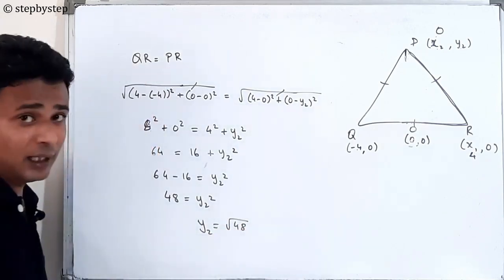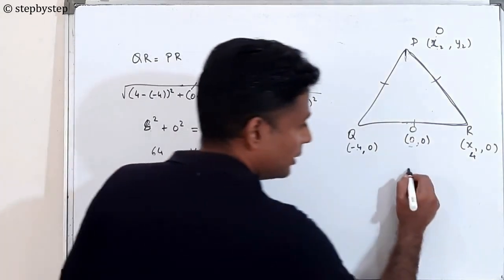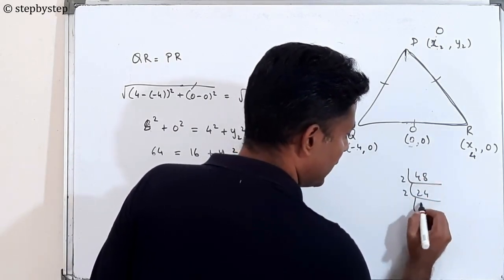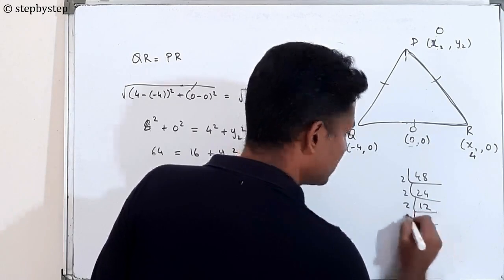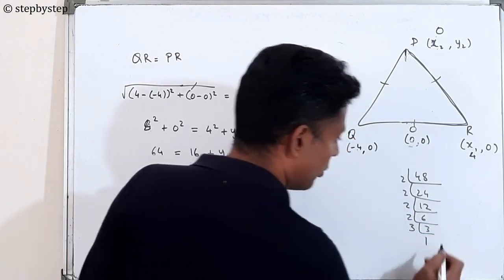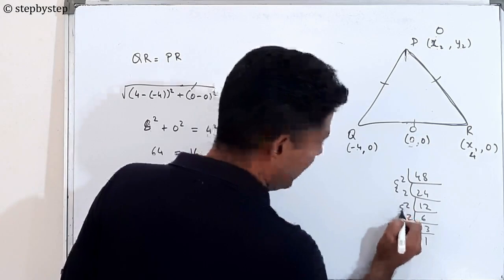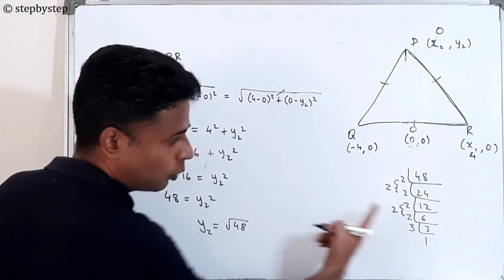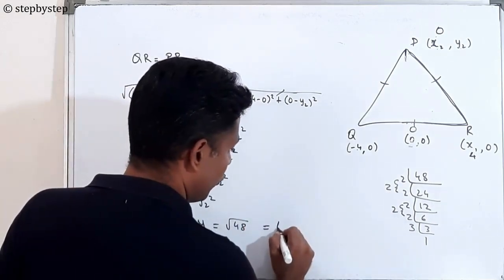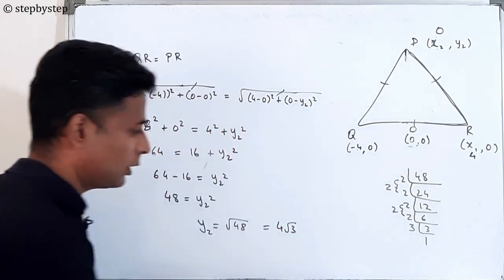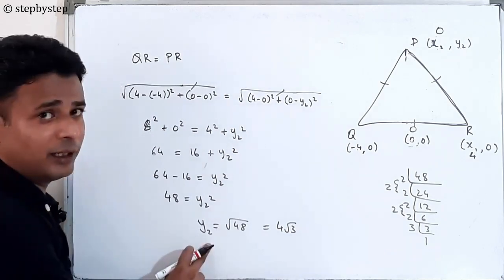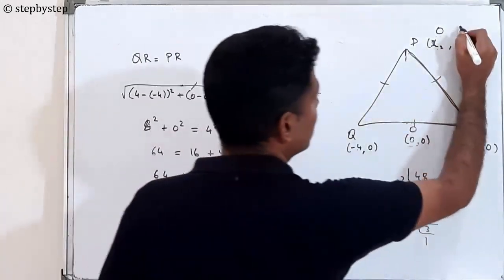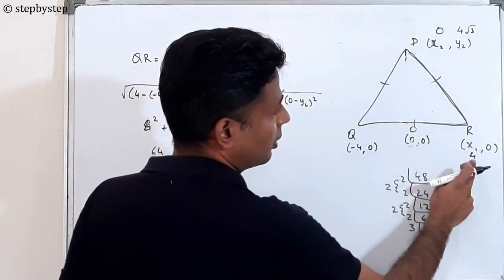This is not your final answer. We have to simplify this. So 48, doing prime factorization: 2 times 24, 2 times 12, 2 times 6, 2 times 3, 3 times 1. Now we have one pair of 2 and another pair of 2. So these two pairs each give 2 that come out. 2 into 2, that is 4. What will remain inside? Root 3. So what is the y coordinate of P? 4 root 3. So we got the coordinates of R and